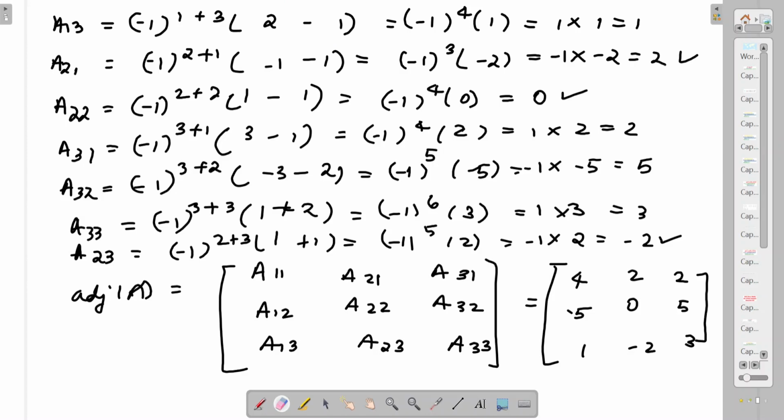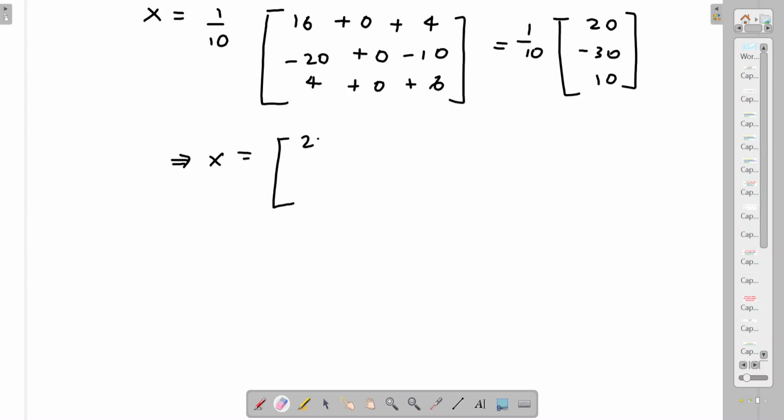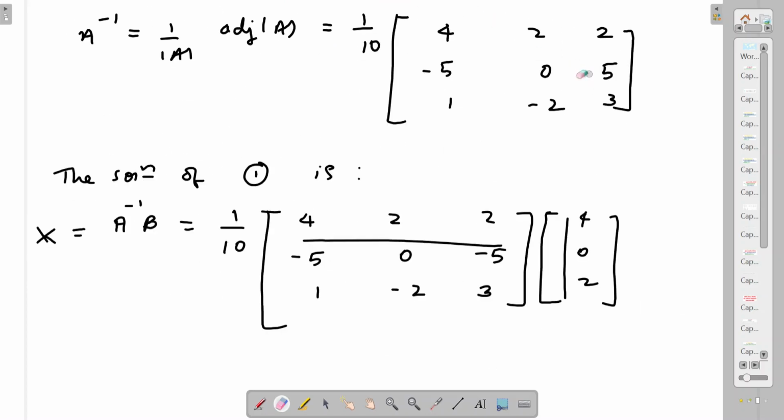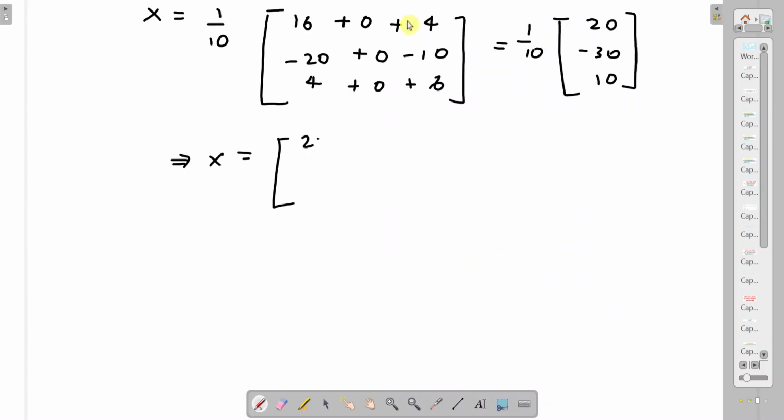Okay, so now if we look at, here it is plus 5, here it is plus 5, right? So minus 5 times 4 is minus 20, plus 5 times 2 is plus 10. Okay, so what we will get here is minus 20 plus 10 is minus 10,